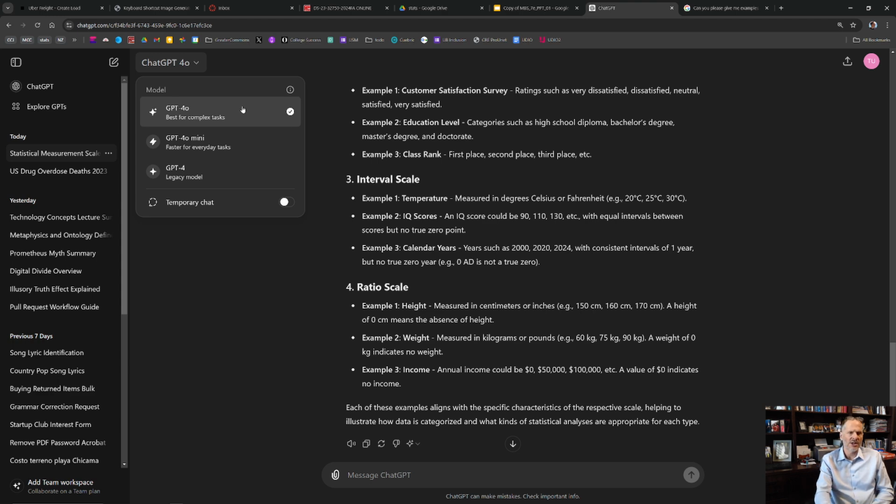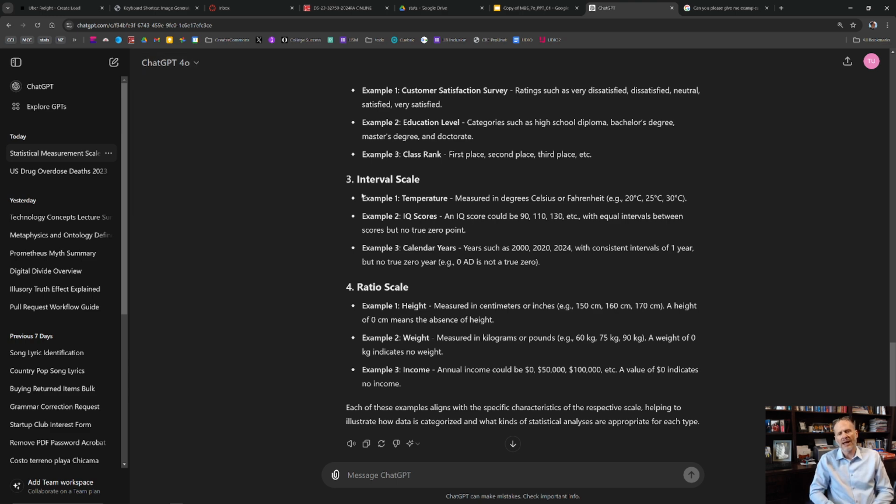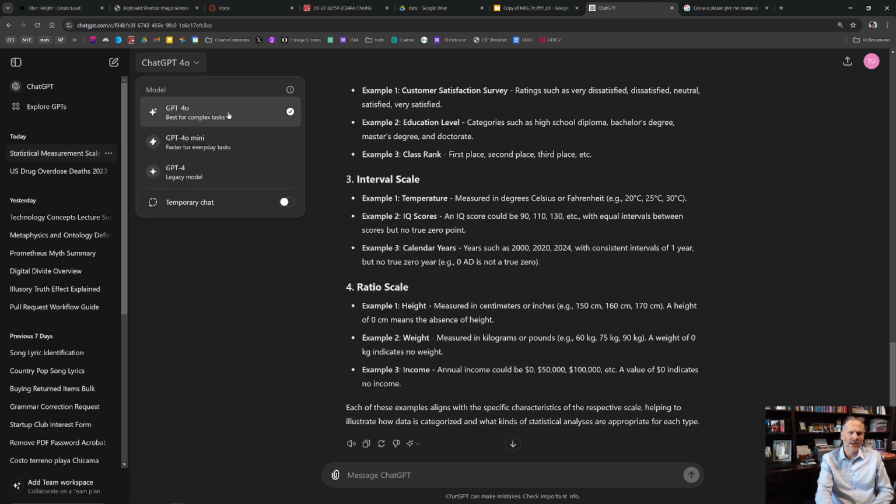And this is the best version. But it's paid, it costs $20 a month. It's going to give you way better results than the free version. They do have a free version, but that uses an old engine and the results are not always accurate. They're less accurate. Even the free version, just like humans can sometimes get things wrong, ChatGPT can sometimes get things wrong. But this gets things right like 99.5% of the time, 99.8% of the time. I'm just making that statistic up, but it's a really high percentage of getting things right. Whereas the free version, the older version, has more errors.